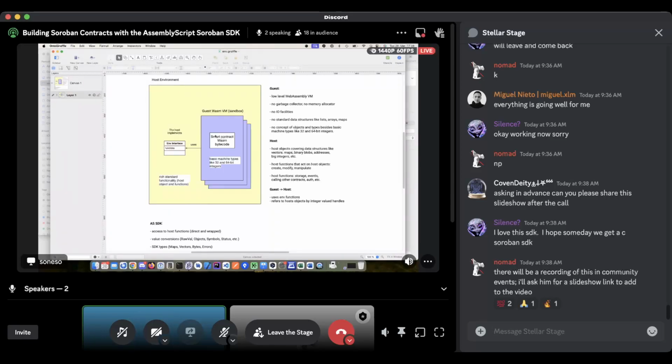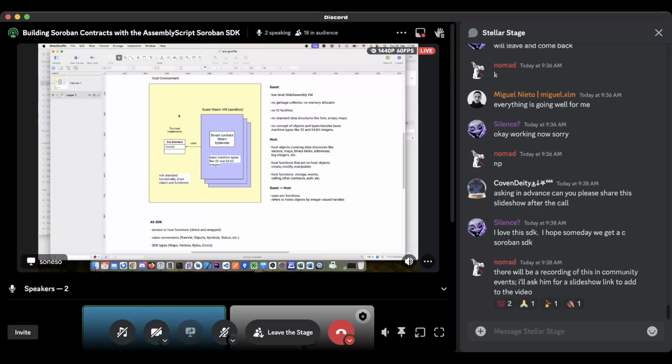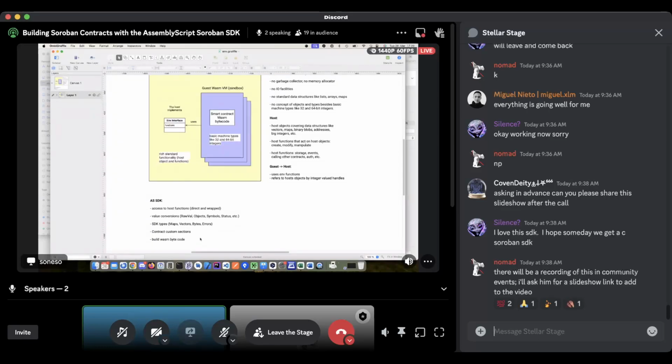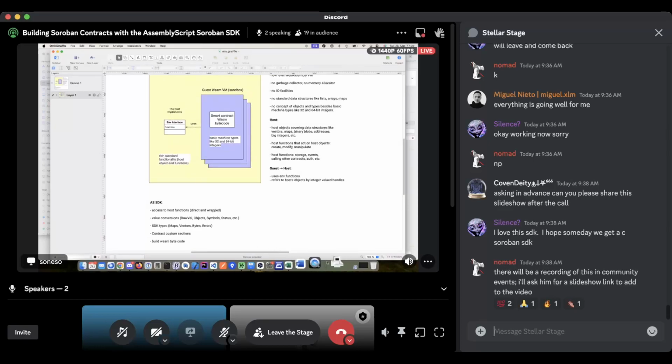For example, if a smart contract defines different methods or functions, then they need to be defined within these custom sections so that the host environment knows how to invoke them. And of course, it builds the WebAssembly bytecode from the TypeScript or AssemblyScript code that the developer is implementing. So this is a short basic introduction, and now let's have a look at the